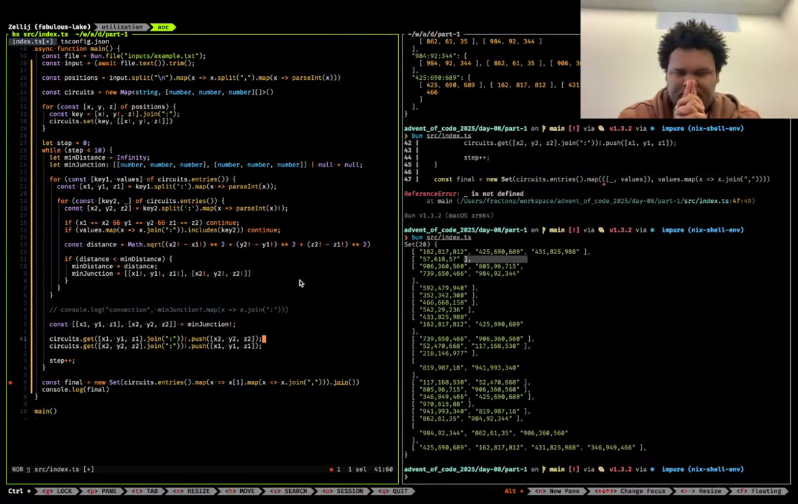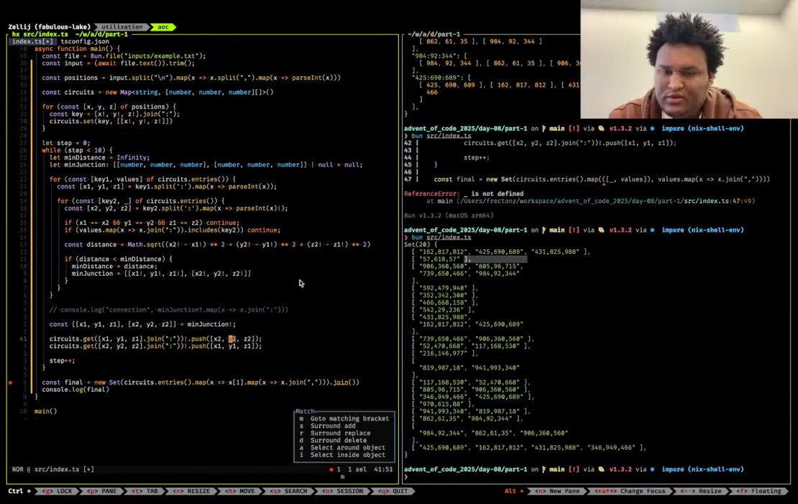When a connection is made, all of the values of the last one will be part of the new one. So let's say a circuit got connected to 162. That doesn't mean that they just got connected to 162. They got connected to all the nodes of 162. So here what we should be doing instead is